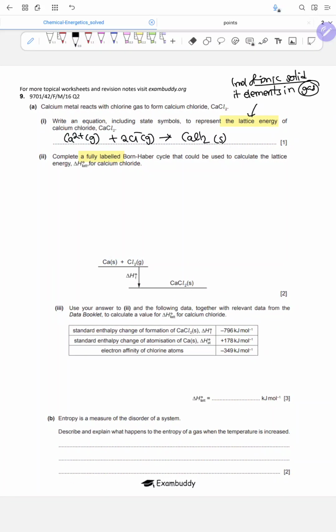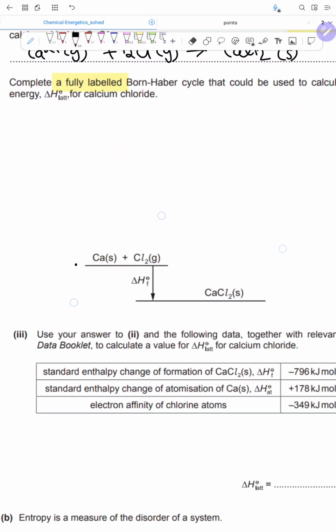This is our starting point of our equation. At first, we'll convert calcium solid. Then we'll be converting the chlorine to gaseous atom. It's a gas, 1 mole of gaseous chlorine. That means we have a chlorine gas that's of 1 mole. We are converting it into 2 moles of gaseous atom of chlorine. That is 2Cl gas. For that, we need twice the